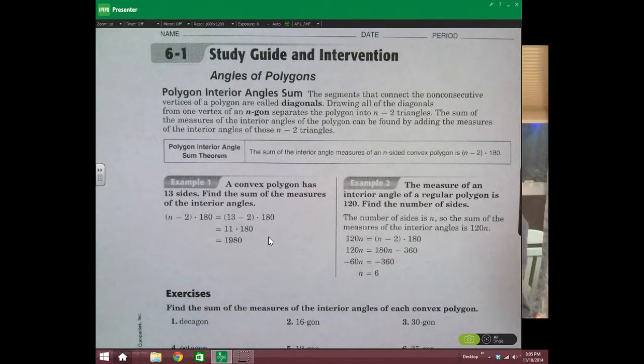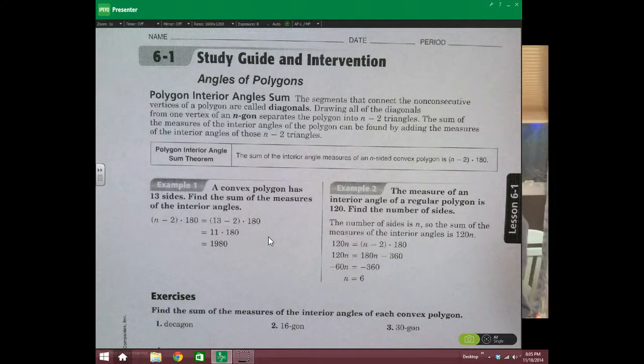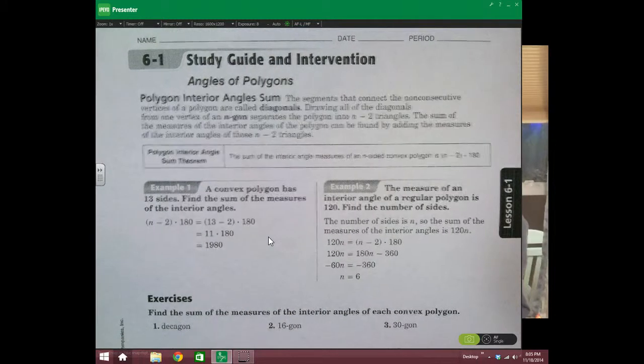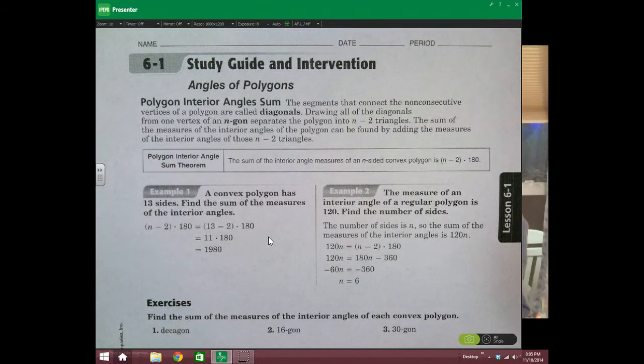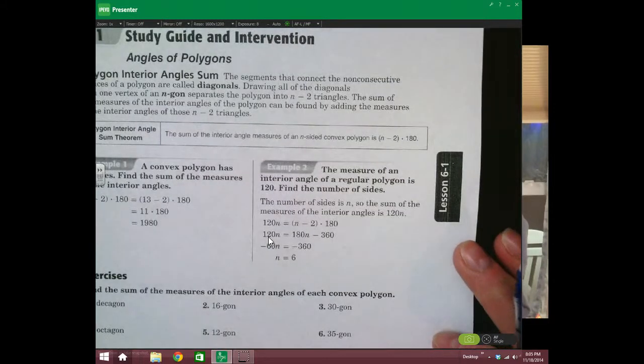Okay, so here are a few extra problems to help out with the homework in 6.1. The whole section is about working with interior and exterior angles of polygons, and specifically convex polygons. If they have caves in them, it throws everything off. So the first thing is that there's a formula for the measure of the interior angles of